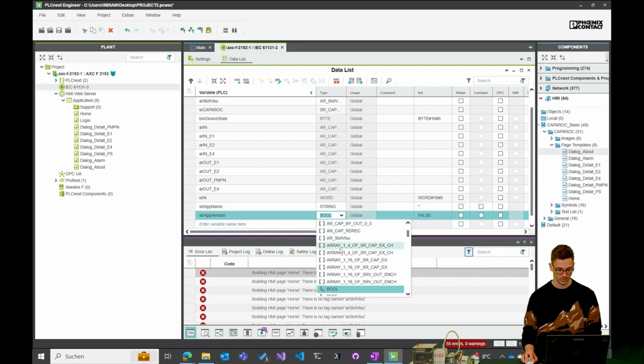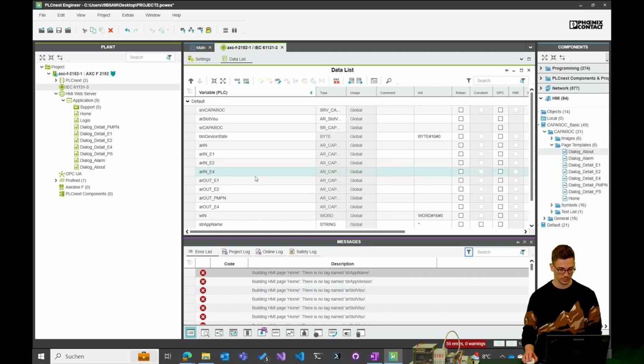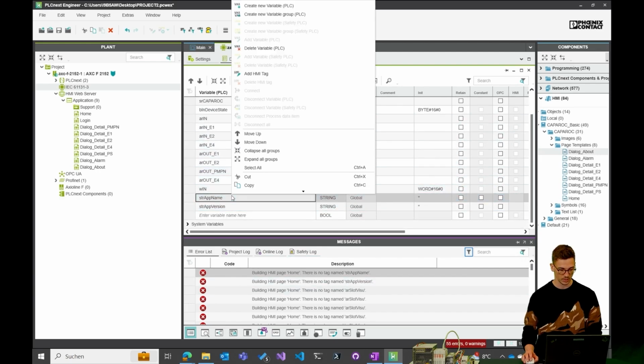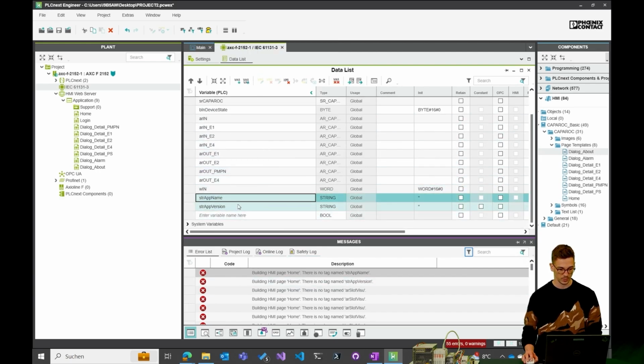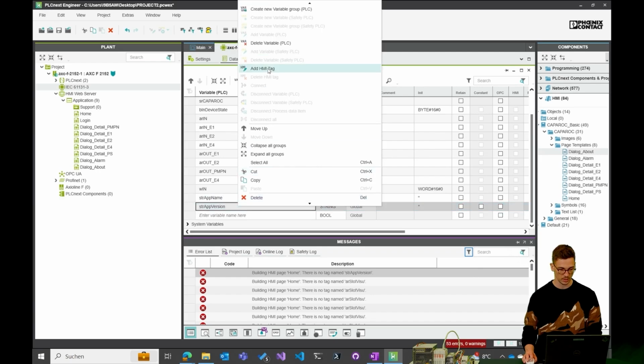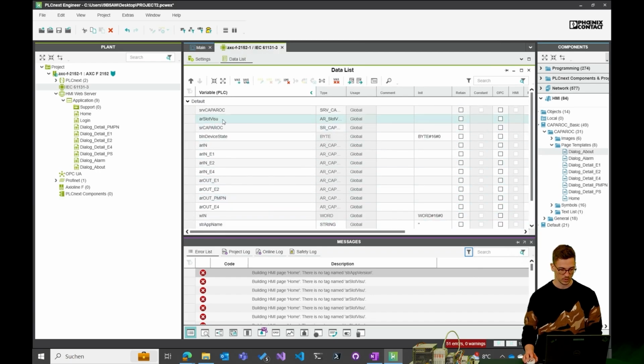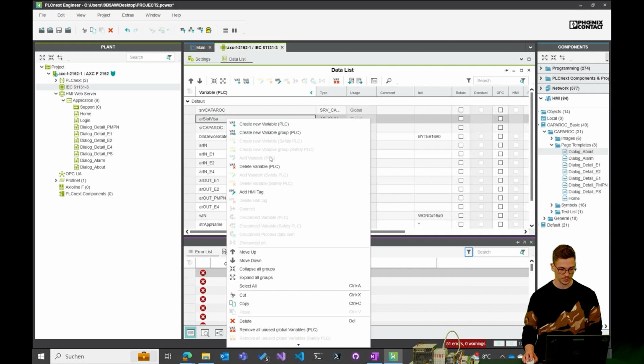This is also a string variable. AR slot visu is here also. So we still need HMI tags for them as well. So right click, add HMI tag. Here's the AR slot visu.